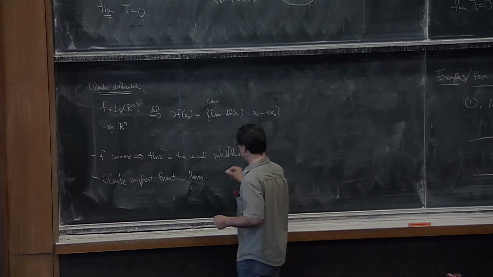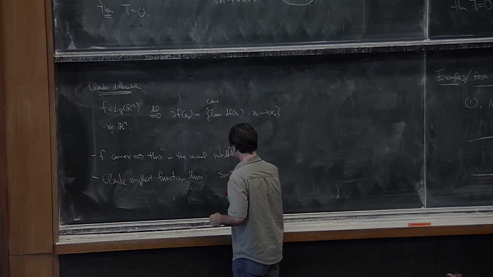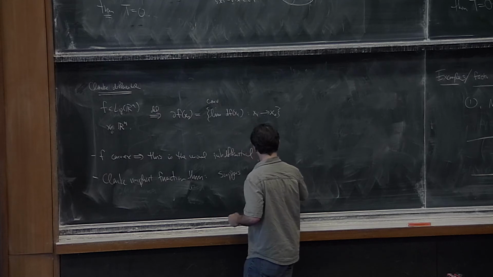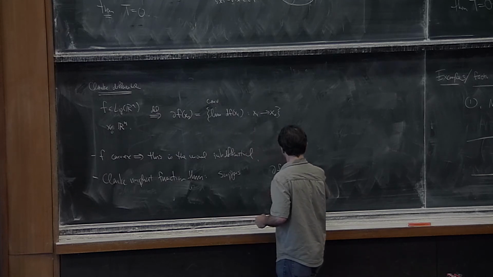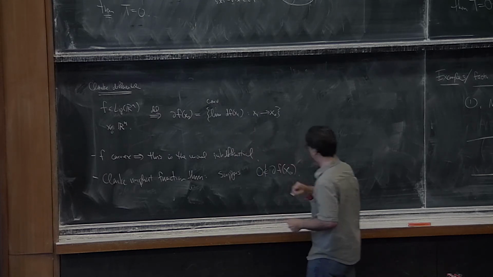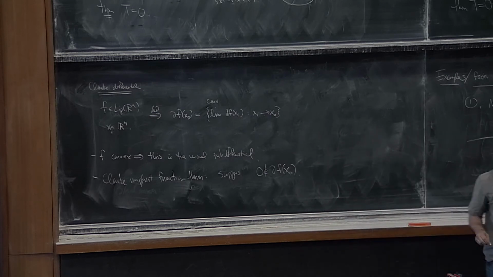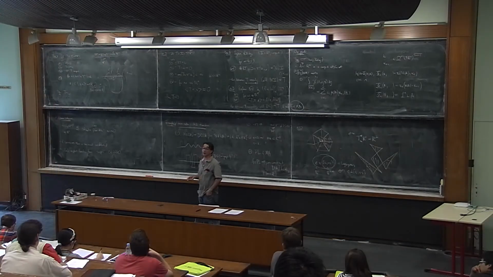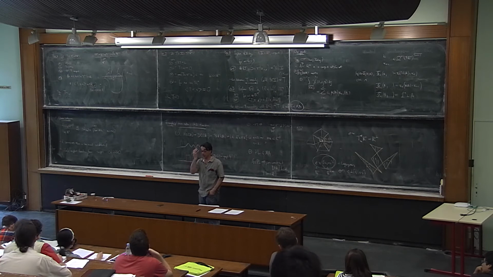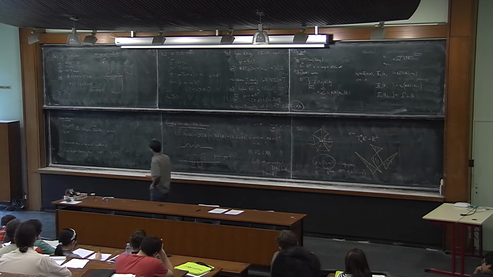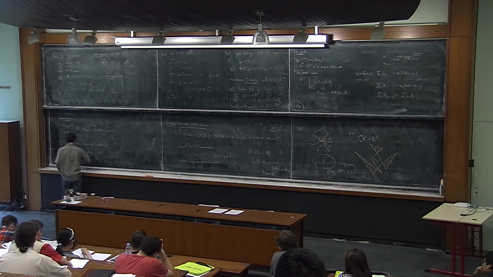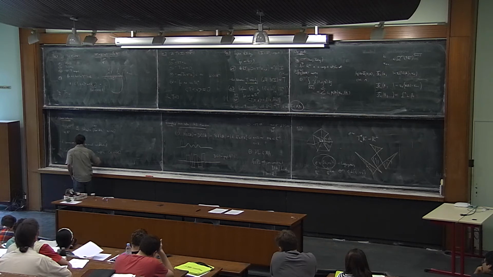Suppose I've got some point x, and suppose that this point is not a Clarke critical point of f, so 0 does not belong to this Clarke differential. Then there exists a neighborhood of x